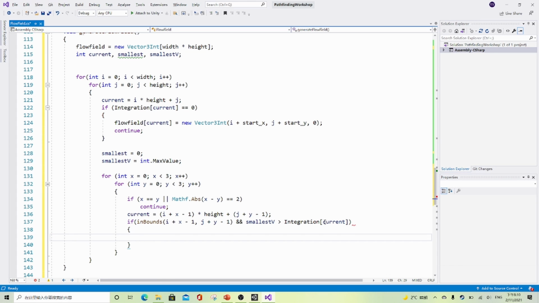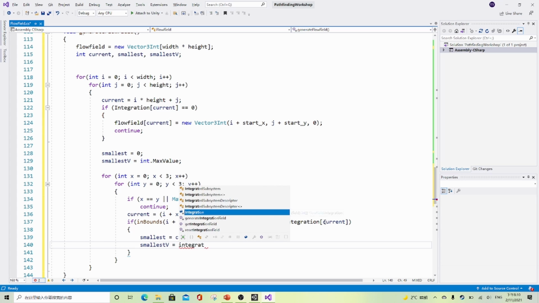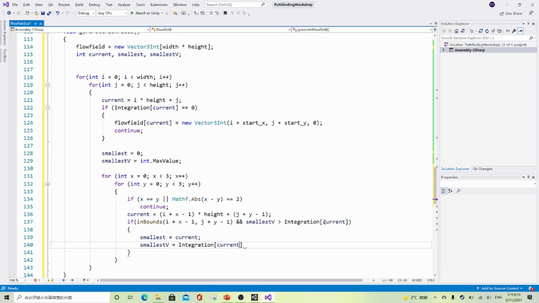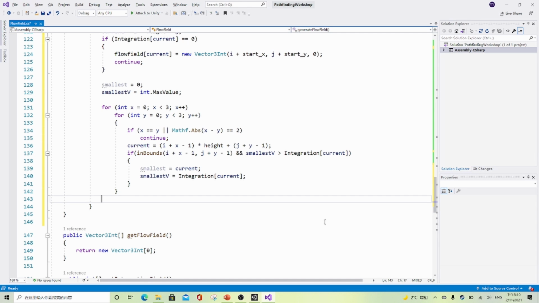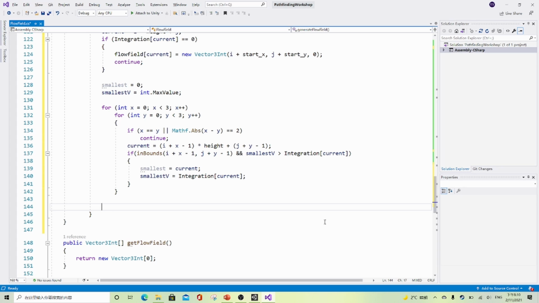If it is, then we're gonna do smallest equal to current, and smallest value equal to integration current. Then after the loop, we just simply try to extract the coordinate from the index. So basically, what we do is fulfill current, i times height plus j equal to